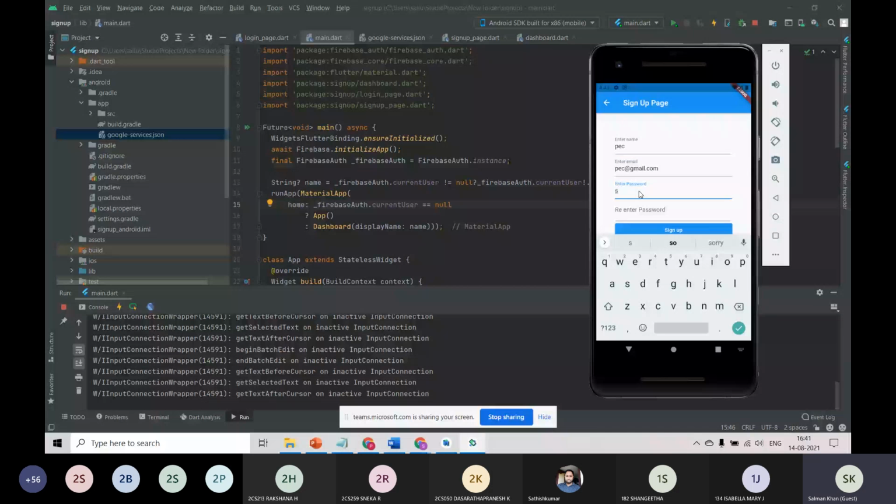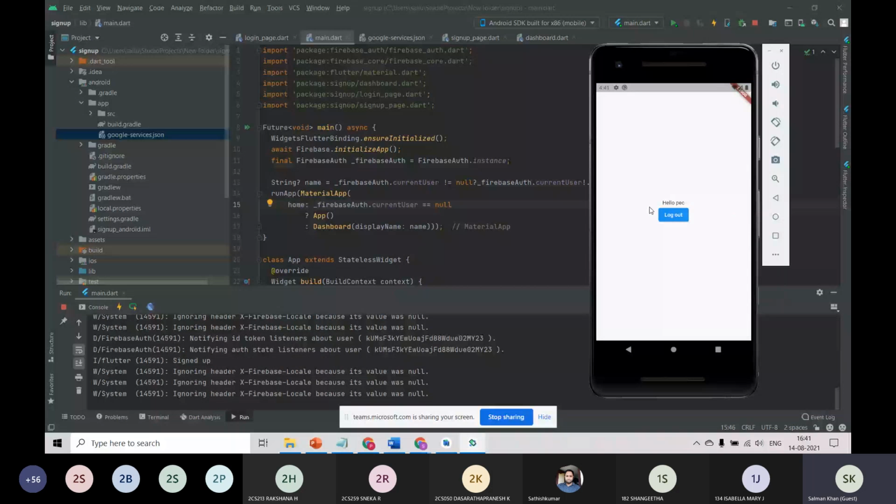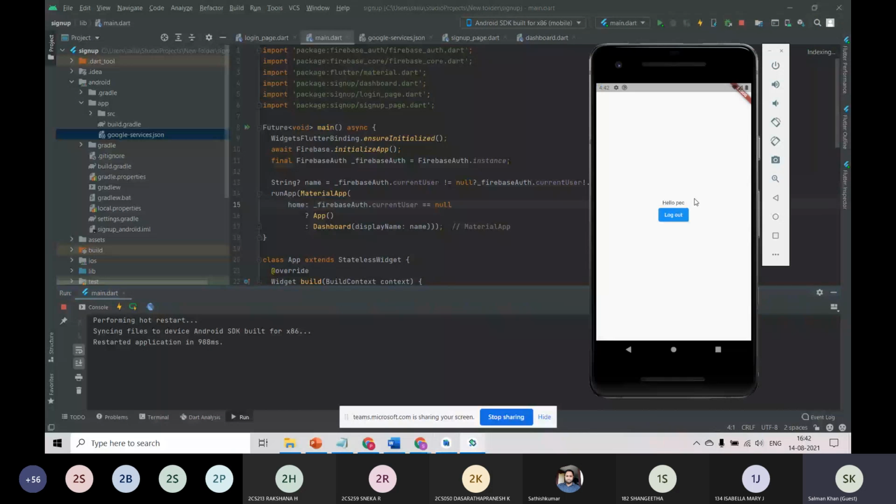One, two, three. Okay. You can also hide this password, but for this demo purpose, I'm keeping it visible. Okay, so hello PC. So even if you restart this application, the user stays logged in, because the user session is still active. If the user session is already active, we will automatically push him to the logged in screen instead of pushing him to the sign in screen or something like that. Okay. And yes, so this is about Flutter.